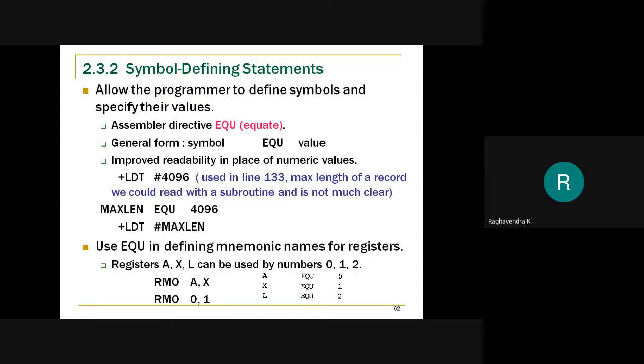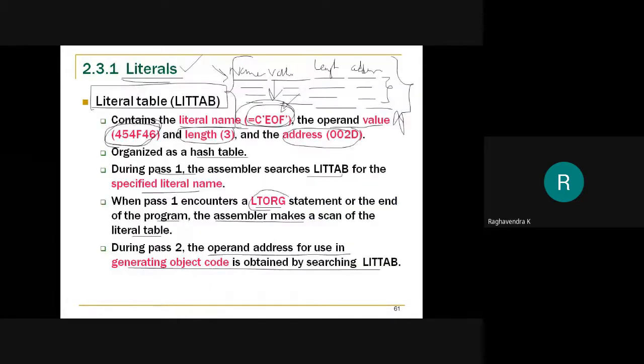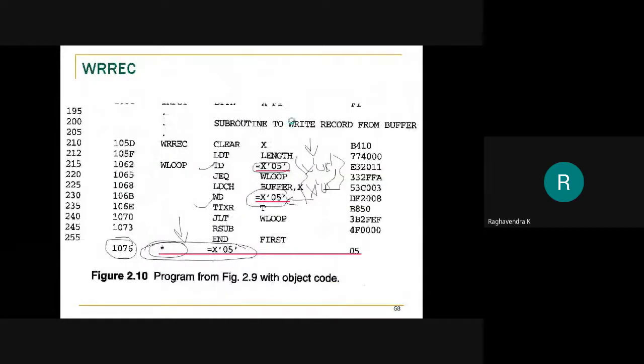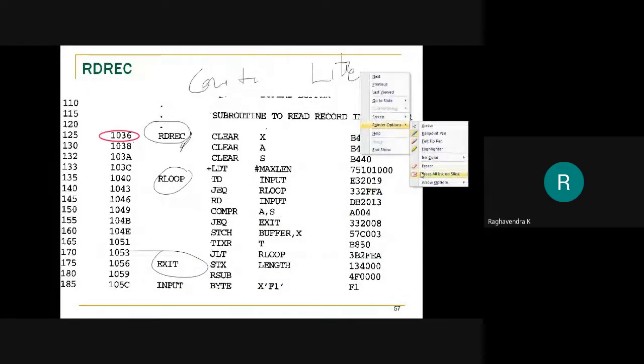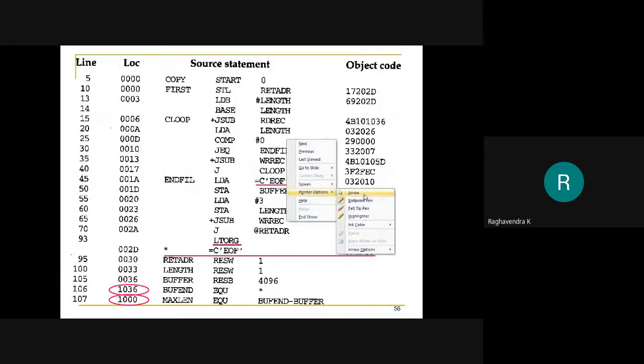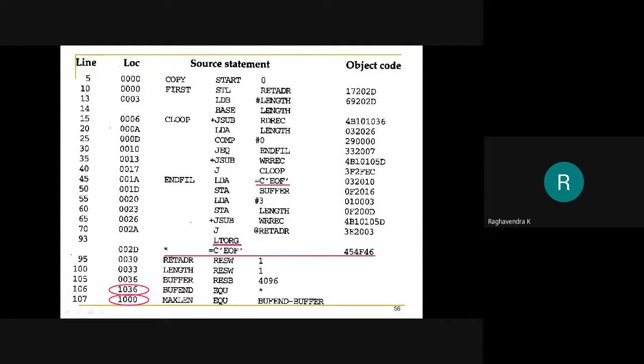Now, one more feature or convenience provided by the assembler is that it enables programmers to define certain symbols using different assembler directives. Till now, how have we defined symbols? As you can observe here, symbols, whether a constant or a variable, we have declared them using either byte, or reserve byte, or word.